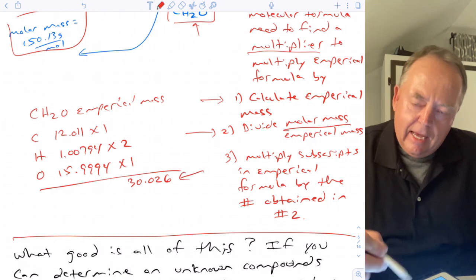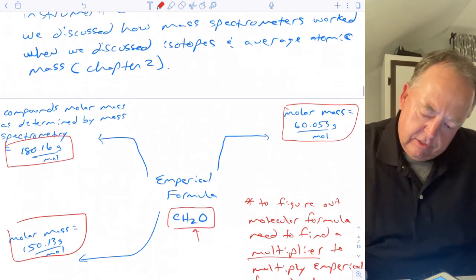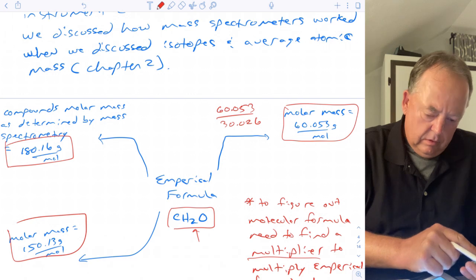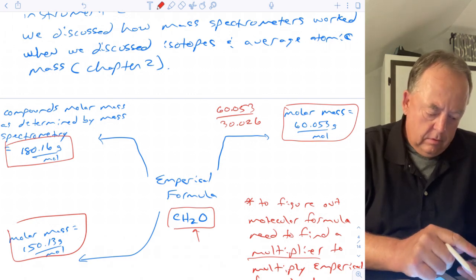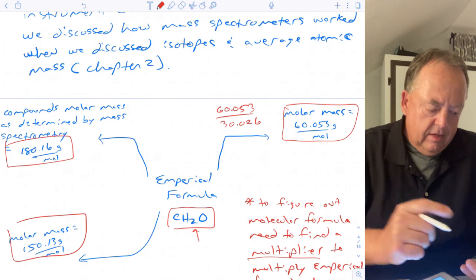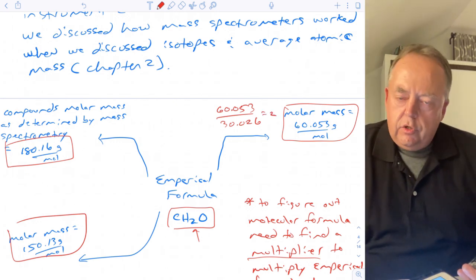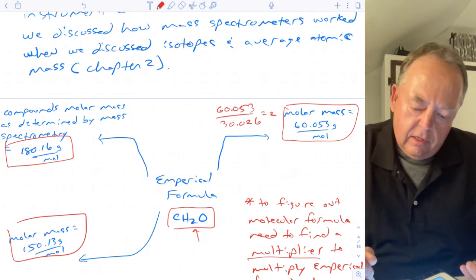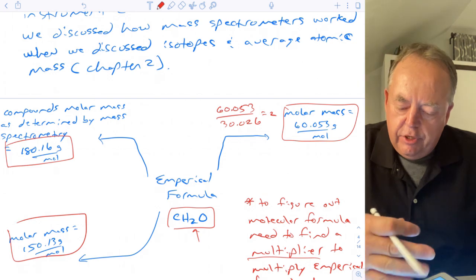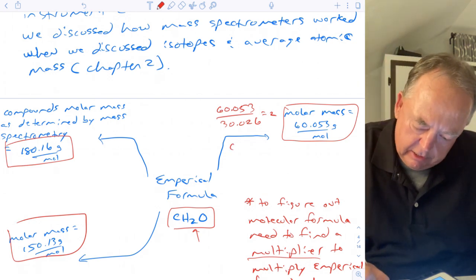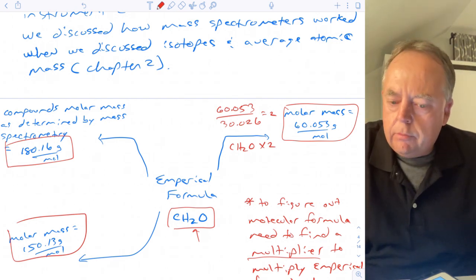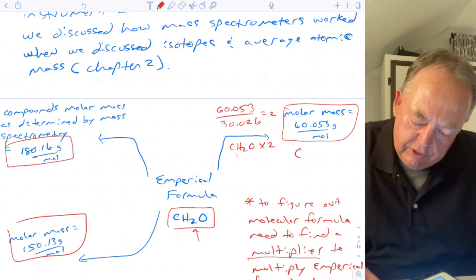Okay, so then what we're going to do is divide the molar mass that's given by the empirical mass that we just calculated. So 60.053 divided by 30.026 gives you 2. So the actual molecule has a mass that is twice as much as the empirical formula. How can it be twice as much? Well, you double all of the atoms. So we take this CH2O and we multiply the subscripts by 2. C1H2O1 becomes